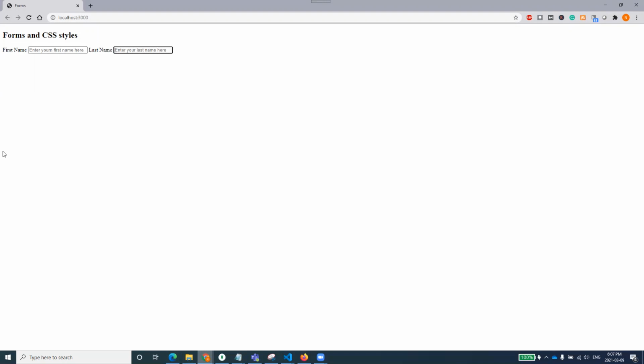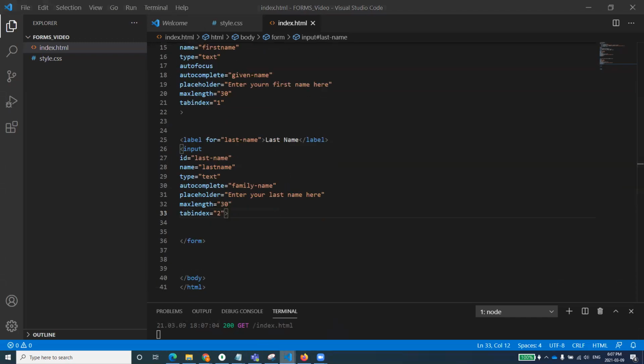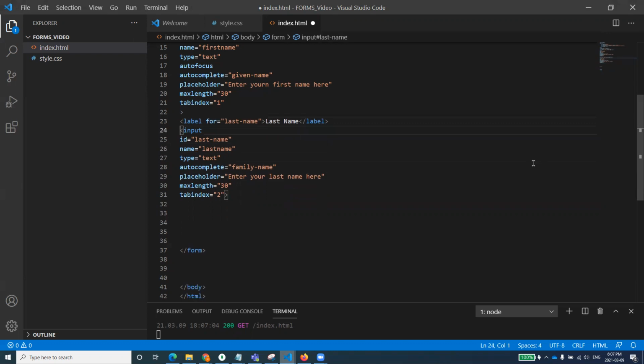And if I press tab on my keyboard, I'm not pressing the mouse, I'm pressing tab on my keyboard. So you see that the first one, the first name, is selected, and when I press tab, the tab index goes to the next one. So we can just set up this tab index to access different values and different controls in their sequence. So this is the purpose of the tab index, right? I hope it will make more sense now to you what the tab index is doing.